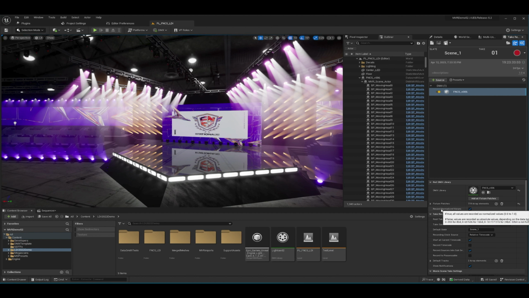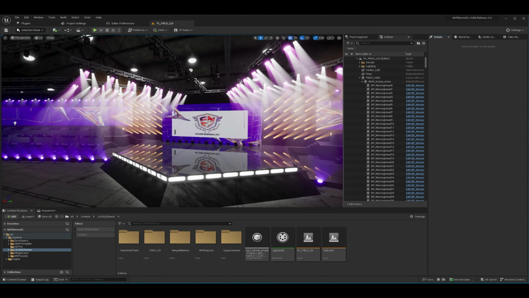There's a checkbox here to record normalized values, and it kind of tells you what it does, but essentially this will normalize everything 0 to 1 rather than using 8-bit or 16-bit. And there's pros and cons to both of these methods. I mean, one is the raw data, and the other one is if, hey, later on maybe I wanted to translate from one type to another, or I wanted to have smoother curves, normalized values can maybe get me there quicker, and I'm not having to do byte integer conversion later on. But yeah, so this is, like I said, probably the easy part where you just kind of are like, all right, we're ready to go, and now you can let the rest of the team do their stuff.